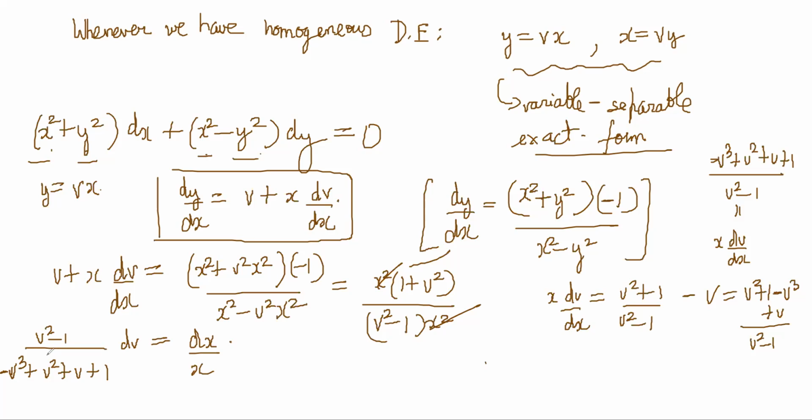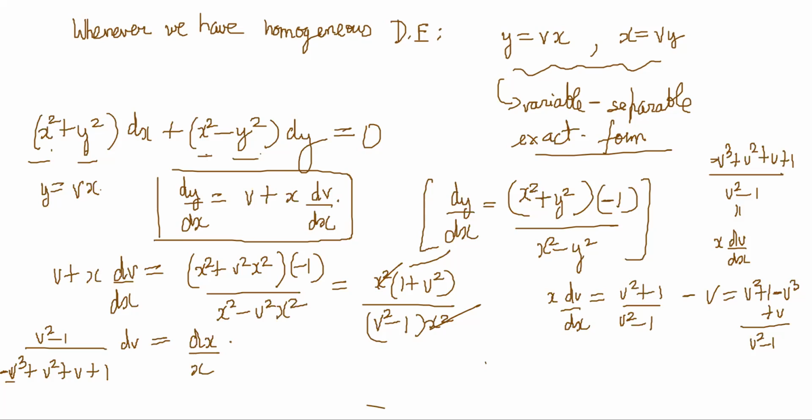Yeah. Now hopefully we can do this, right? Partial fractions. So maybe think of some common factor. Is there a common factor? If you put v is equal to 1, what happens? Minus 1 plus 1, okay, it doesn't work. Minus 1, does it work? 1 plus 1 minus 1, no, doesn't work. So what are you doing here? I'm trying to take some common factors and cancelling. Okay, but it is not working. So I hope I have not made some silly mistakes.